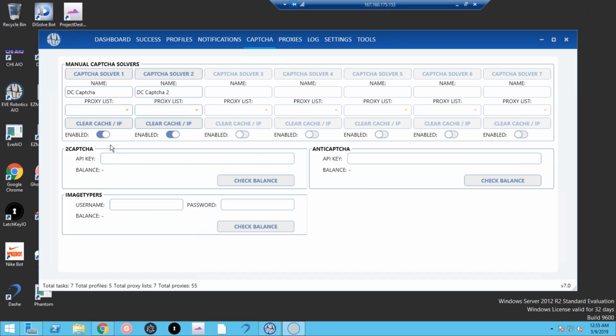Now Captcha. For Captcha here, you'll see you have the ability to name them. So I have this as DC Captcha, this DC Captcha, and then we have DC Captcha 2. Then you can set a particular proxy list if you want to. And let's say for this, I'm gonna use Captcha Proxy 1, but like I said earlier, all these proxies are